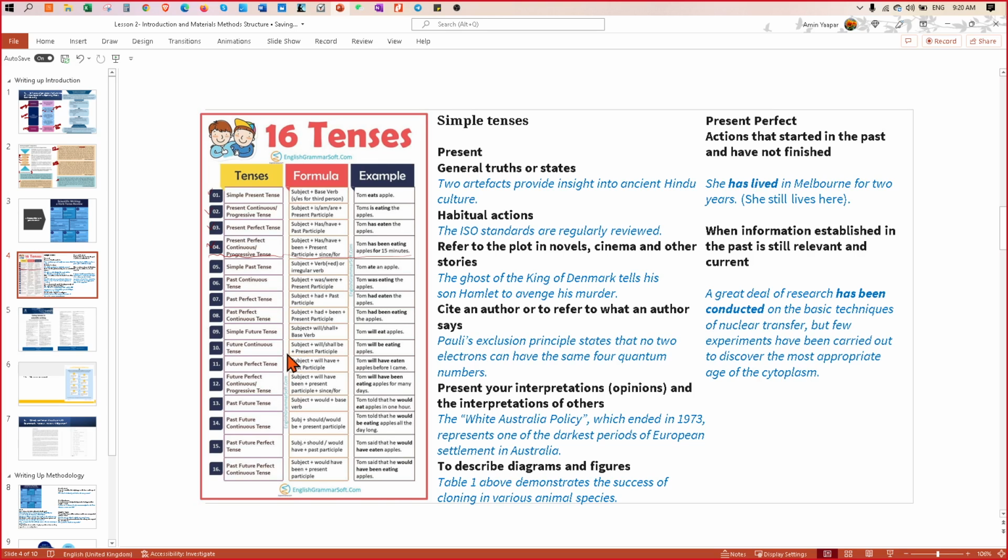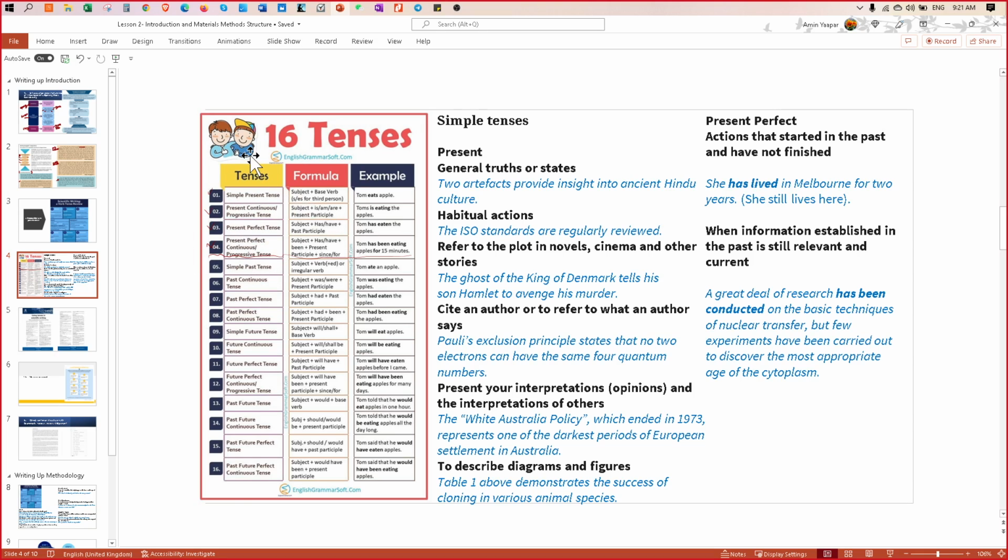Can you use other tenses? Yes, there is no rule saying that you can't use other tenses, but that is for a more skilled writer. If you are worried that you're not good with configuring the structure of your sentences or your paragraph, stick to the simple one first. Okay, so these are the tenses that you should be using.